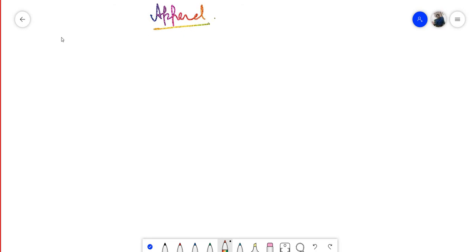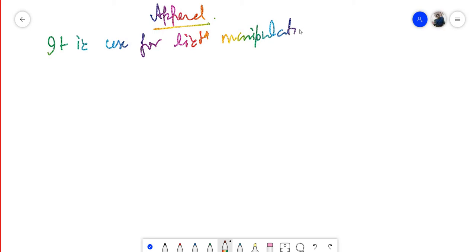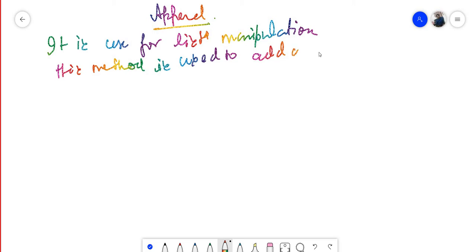Okay, it is used for list manipulation only. List manipulation. Okay, this method is used to add an item to a list.